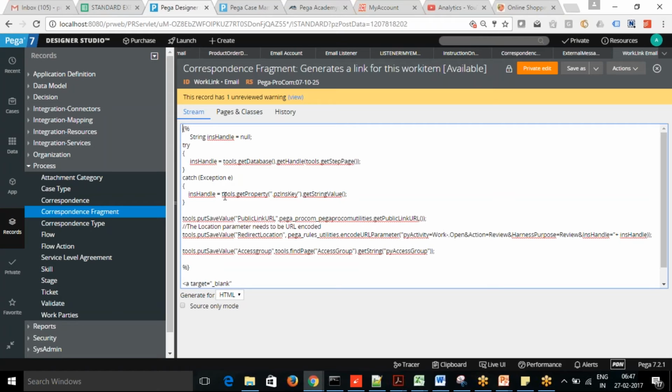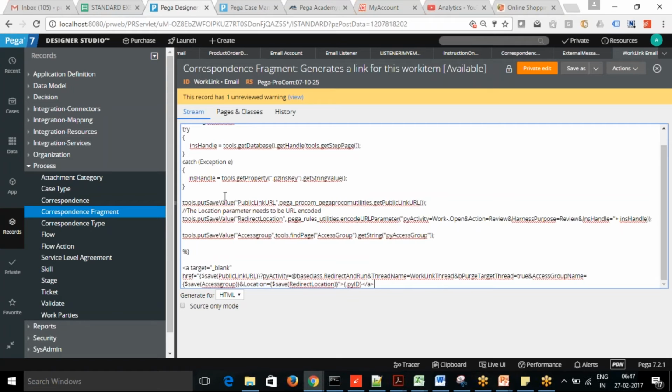When we write fragments, we don't write them in plain form. We need to write in some other language to get these details, and you can include the same thing. At runtime, that will be converted into HTML.